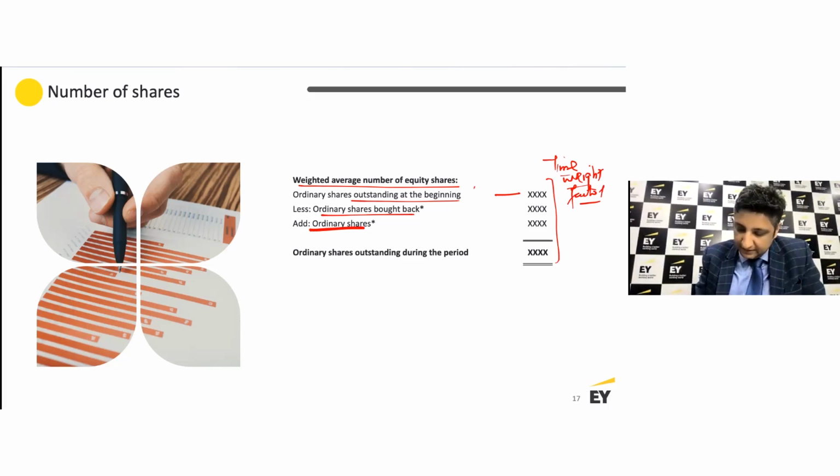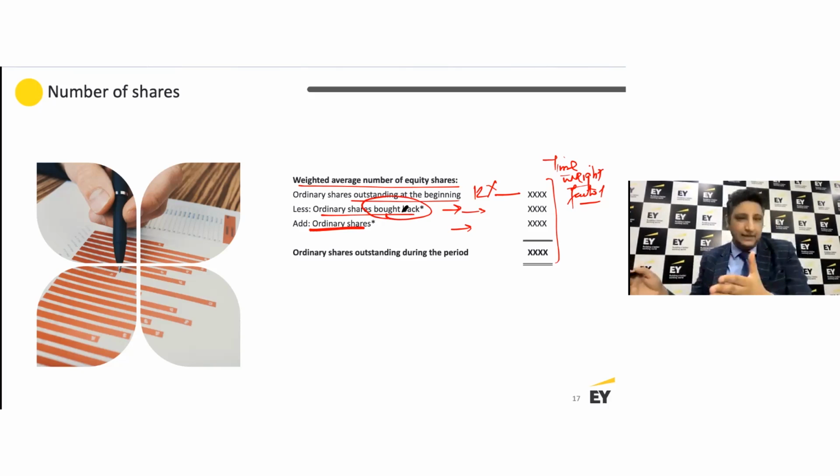This is for the entire year, so take a multiple of 12, for example, right? And on this basis, during what month or during which week or during what day are you doing a repurchase? And on what date are you issuing more shares? Again, the context remains the same: profit is a function of money. If I'm buying back some shares, I'm giving away the money, so in theory, my profits should be reduced.